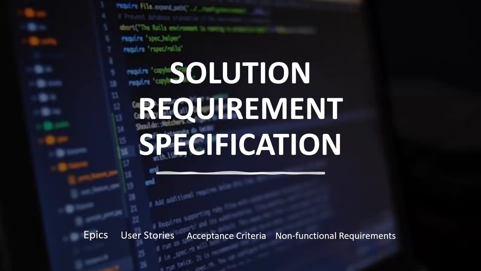So we've looked at several things, several areas. Also looked at how we elicit requirements, knowing that requirement elicitation goes beyond just the